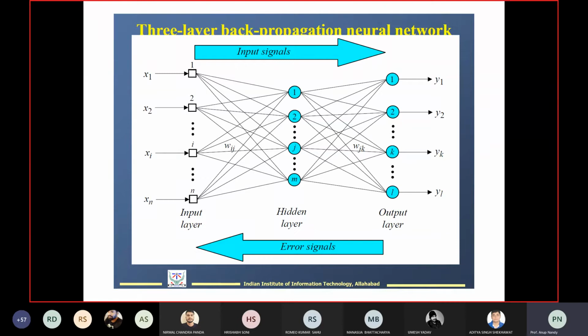It has multiple layers, and this nonlinear activation distinguishes the MLP from a linear perceptron. That is very important. As you can see, there is the input layer, hidden layer, and the output. If we have more than one hidden layer, it is also fine. So it has multiple layers and nonlinear activation functions. The nonlinear activation function distinguishes the multilayer perceptron from a linear perceptron model.